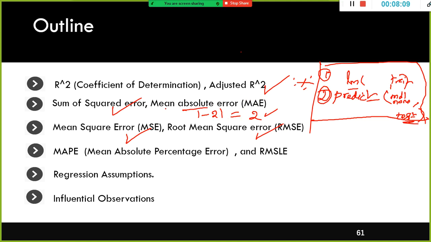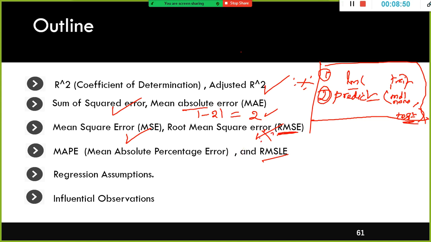So, sum of square error, mean absolute error, mean square error. Instead of squaring the value, we are taking the absolute. There are some functions available, I don't remember the name, using which you can do it. You cannot manually multiply by -1, you have to use absolute only, because a positive value would become negative. And then we have root mean square error. Most people use root mean square error. There is also something called the RMSLE function, which some people use, but at the end of the day RMSE, root mean square error, is more than sufficient.